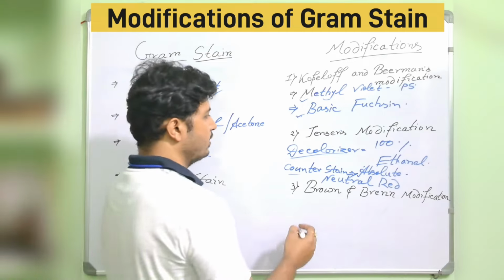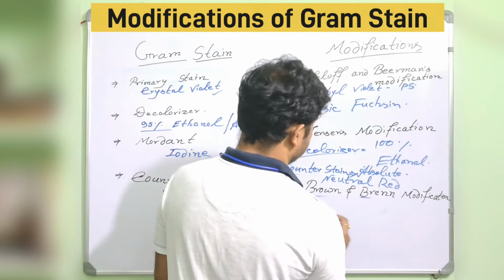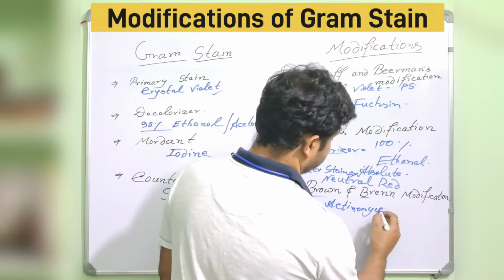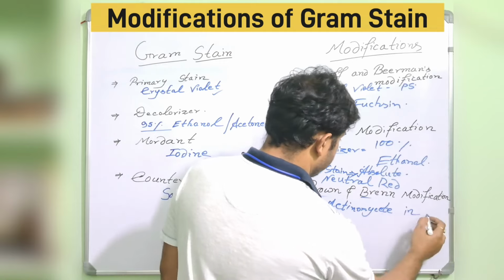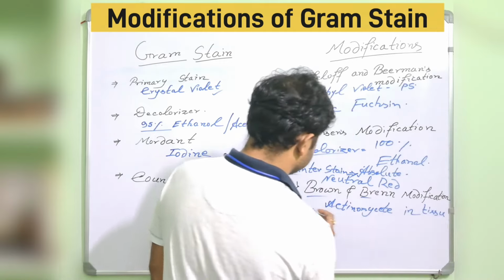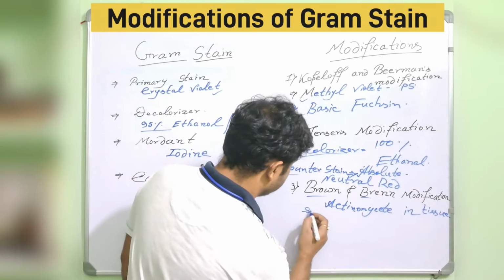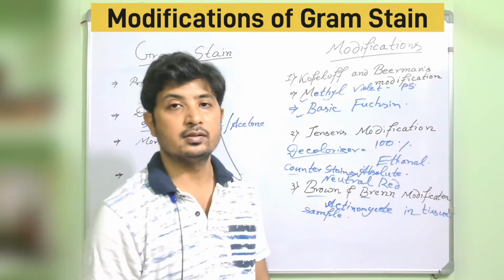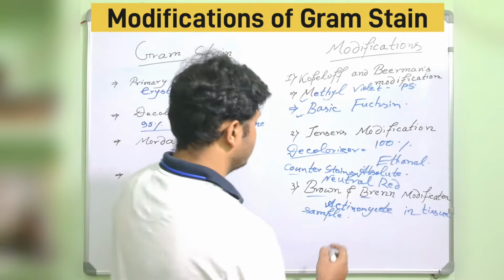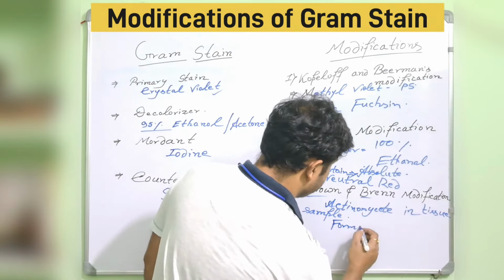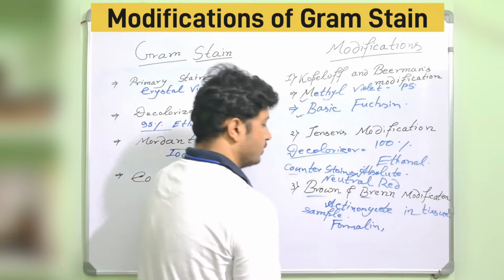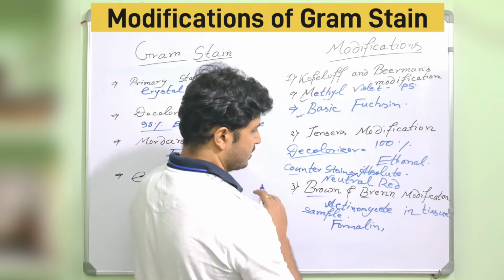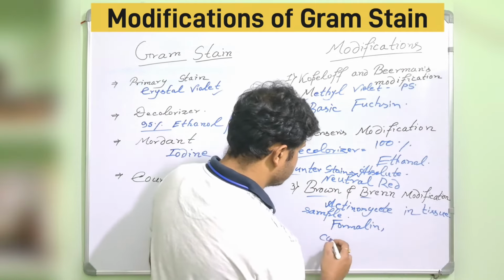Now the last one is the Brown and Brenn modification. It is a little bit complex technique, mostly used for actinomycetes in tissue sample. So these actinomycetes present in the tissue samples are fixed by formalin. First modification, formalin fixed. Now the primary stain is same as crystal violet, but the secondary stain used here is